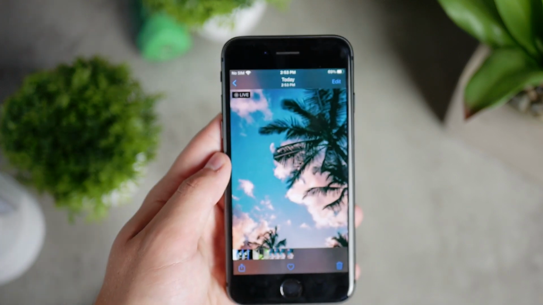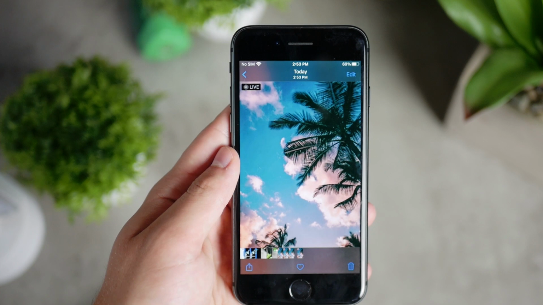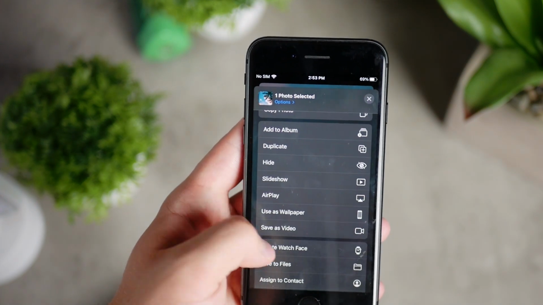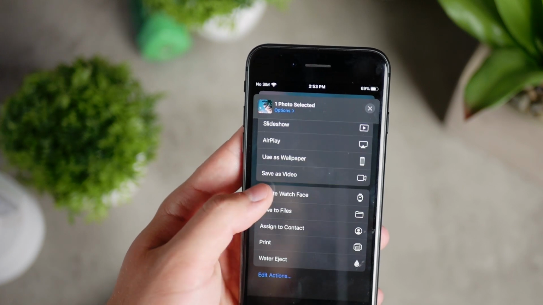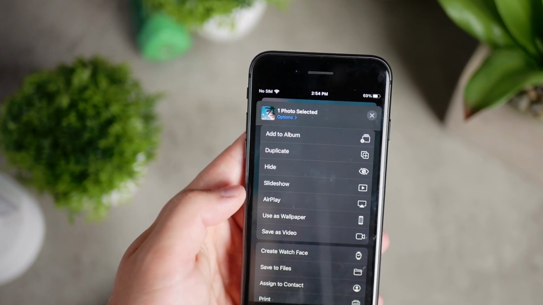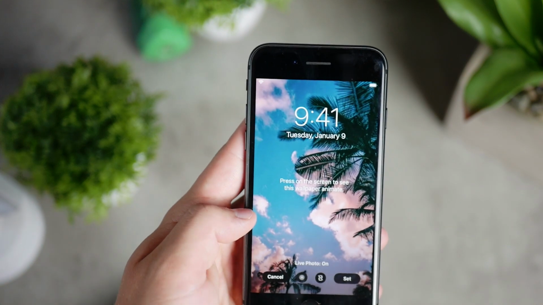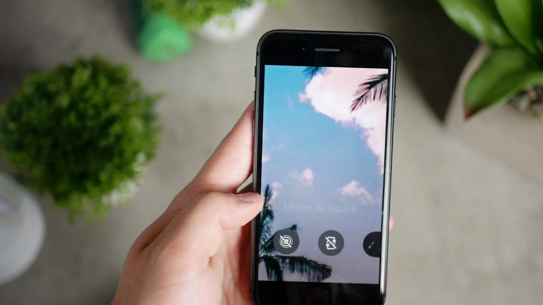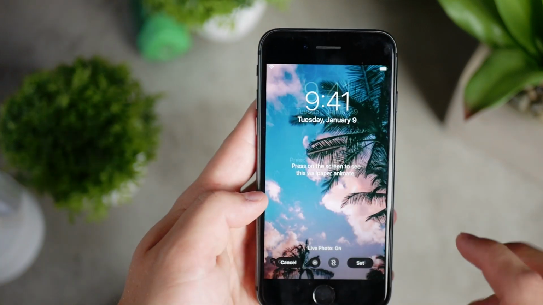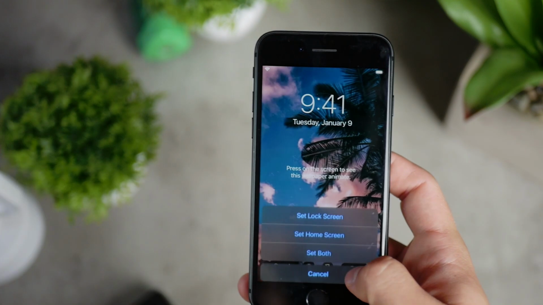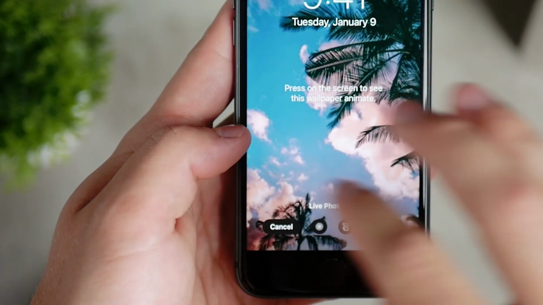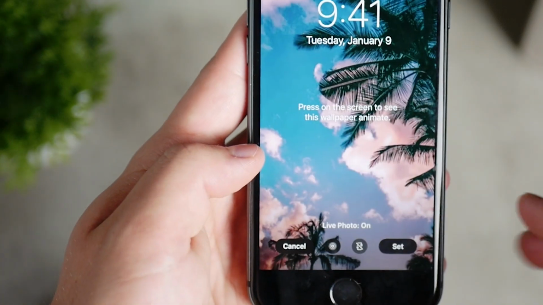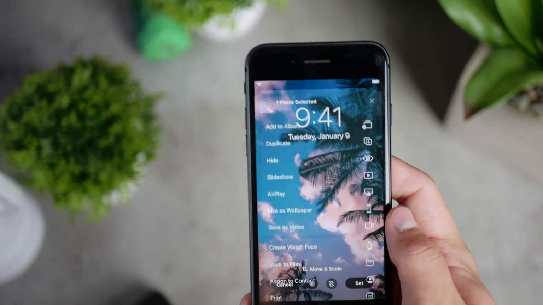Okay, so click on live photo, it's going to download it and it's going to end up in your gallery. So come back to your camera roll, open it up, and make sure to load the photo that you have downloaded. Now the only thing that you need to do is to simply set it as the wallpaper. So make sure to click on share again and use as wallpaper, and make sure the live photo is on. You can turn it off if you want, but that's the whole point of this video, to make it move. So click on set